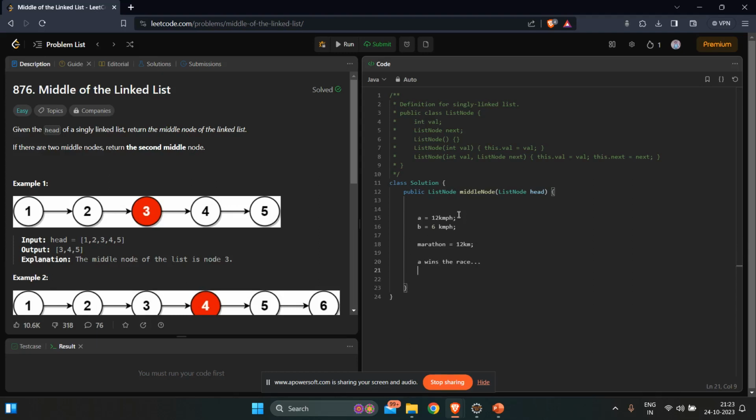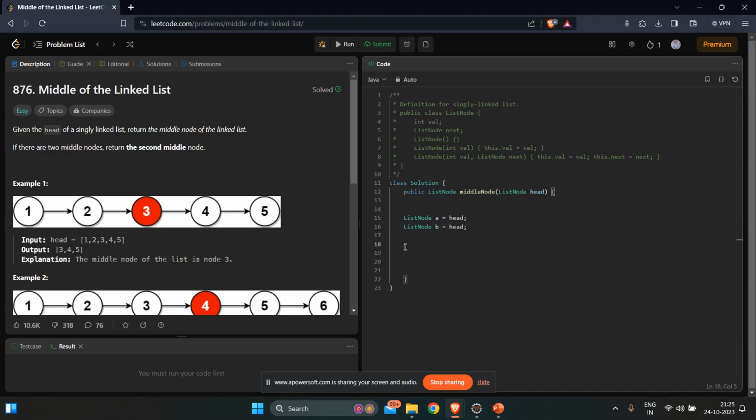But the real question is, when A wins the race, where is B? Yeah, correct. B is going to be exactly in the middle. That is the intuition behind solving this problem. It is really beautiful, and we can implement it right away by saying just node A, as we planned, is at the starting point, the head of the list, and there's node B, also at the starting point.